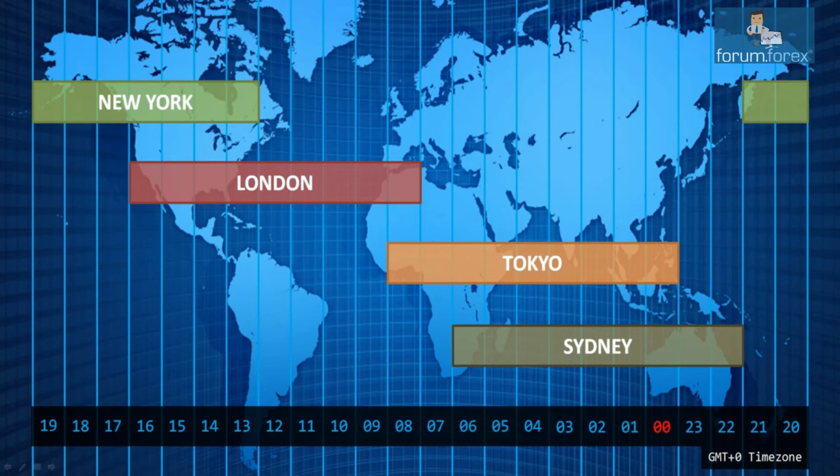And finally, the last session to open up is the New York session. Forex market hours in the US start with New York, and this is because New York is one of the biggest financial centers in the world, and it is the eastmost major city in America. The American session also includes other major economic hubs like Chicago, which is the world's largest derivative market, and let's not forget about Toronto, which is a major Canadian financial hub.